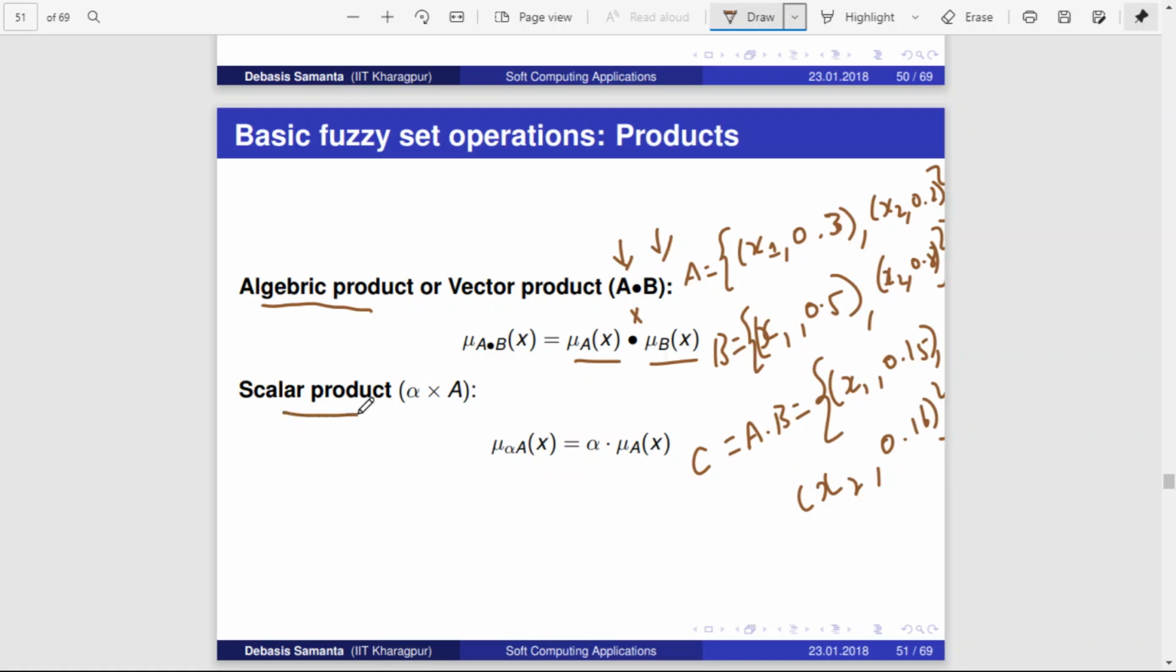Whereas scalar product, now in the vector product, both are vectors. A and B are vectors. I mean both are fuzzy sets. A is a fuzzy set, B is also a fuzzy set, and a fuzzy set is a vector. Okay, because each element contains two entities, right? It is an ordered pair, right? Whereas in scalar product, you multiply a scalar value with one fuzzy set, right? So let us take A alone. Okay, with A alone, if I want to multiply some scalar value, say alpha is equal to 0.2, if I want to multiply, then